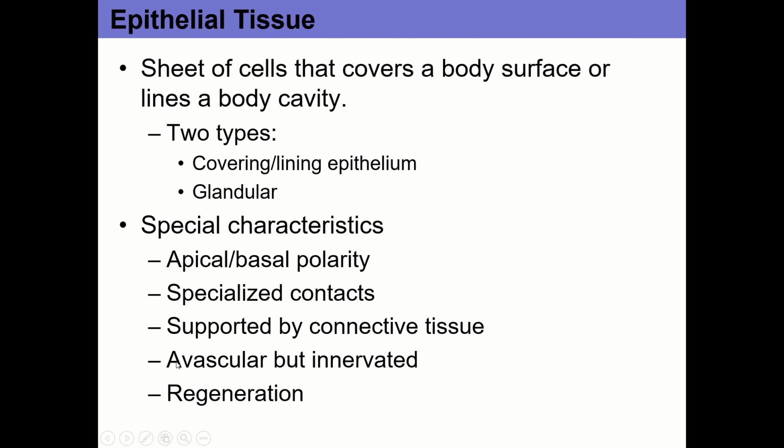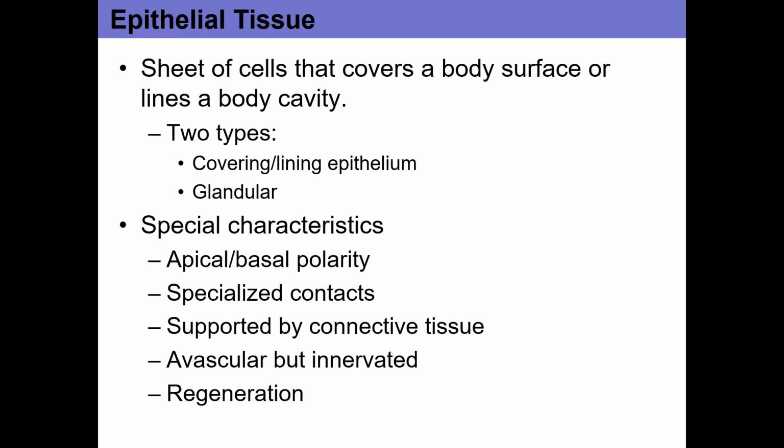So while epithelial tissue doesn't have a direct blood supply, it does get the things that it needs from the underlying connective tissue. And so that's where the supported by connective tissue comes in. In terms of regeneration, if something regenerates, it makes more of itself, or it repairs itself. And so in the case of epithelial cells, because it is primarily a covering and lining type of cell, there's